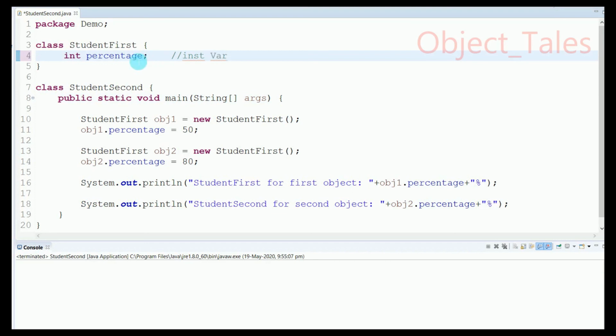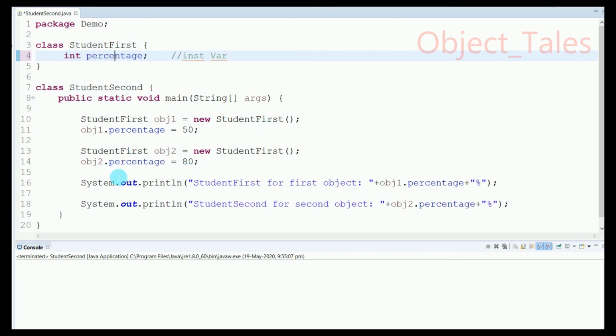As you can see, there is an instance variable here in the class student first, and the second class is student second. In the main method I've created one object, obj1, and with the dot operator I have assigned 50 to the variable. Then I have done it twice: I created one more object, obj2, and assigned 80 to that variable with the help of the dot operator.